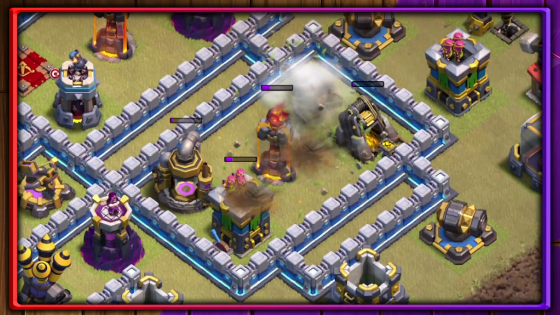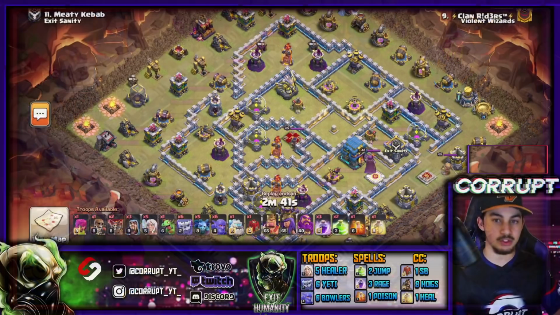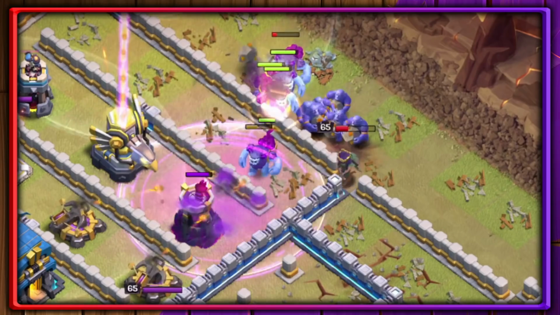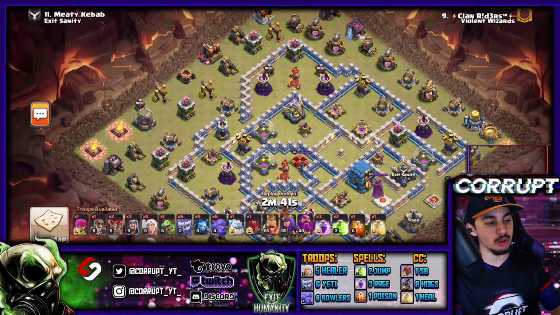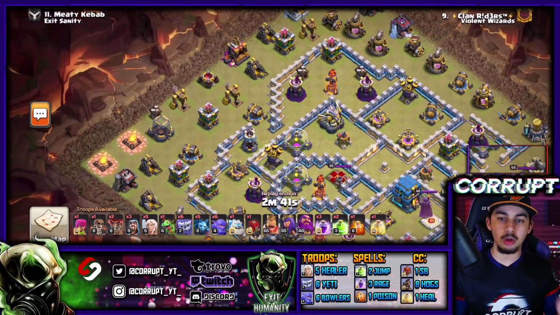Well, you can still use the lightning spells here, and you're seeing it a little bit more with different smash attacks like super witches, PEKKA Smash, and also the Yeti Smash. And we're going to show you guys that a little bit later on in the video, but let's first break down a standard composition. No lightning spells, so what you're doing is creating the funnel